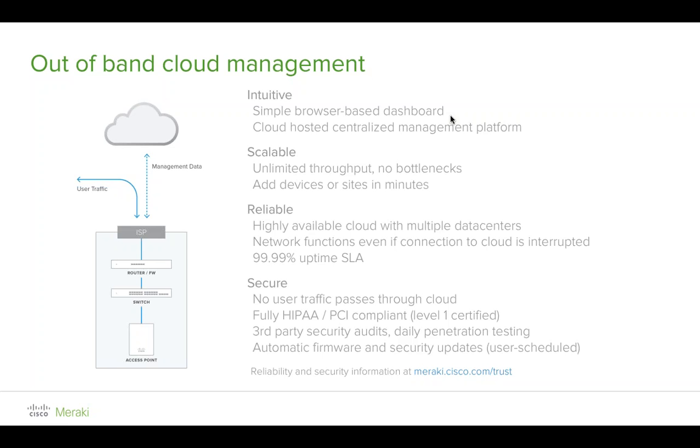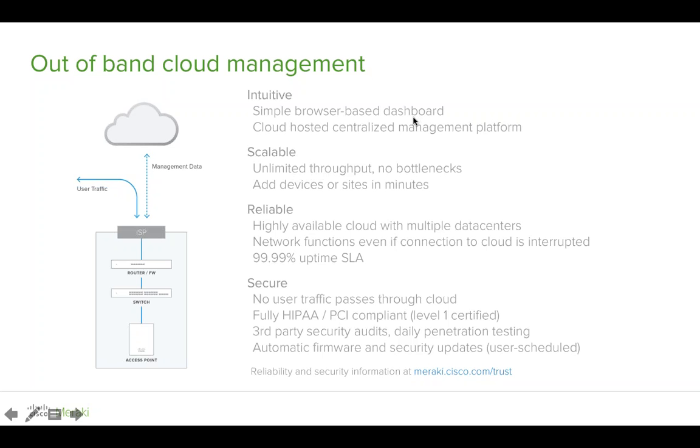Now, this diagram off to the left is a really basic diagram of how this works and what we mean by out-of-band cloud management. One very important distinction here is that there's no user traffic passing through our cloud. So if I'm connected to that access point down there at the bottom, and I go to